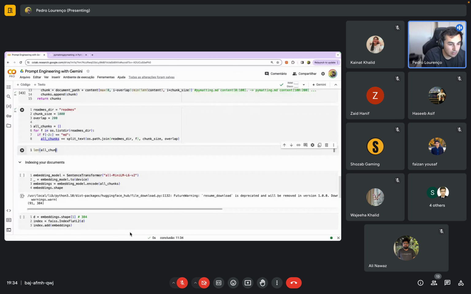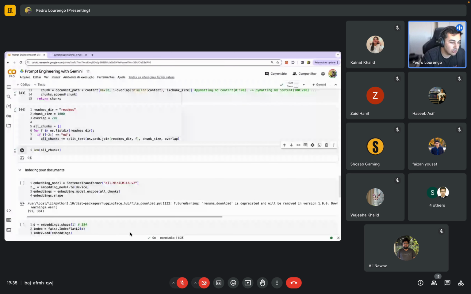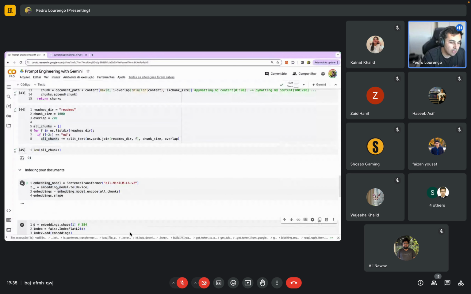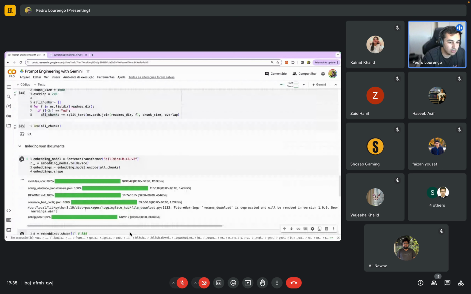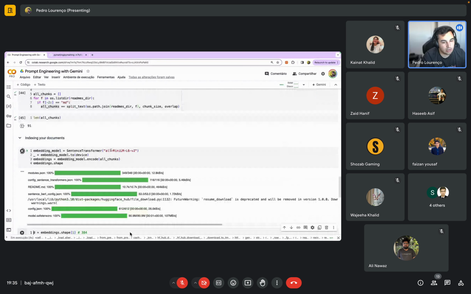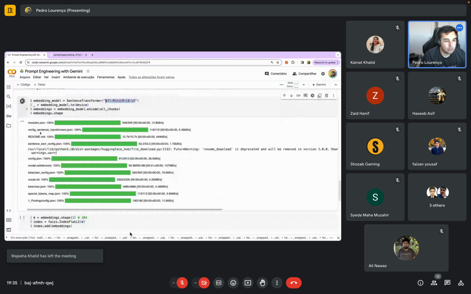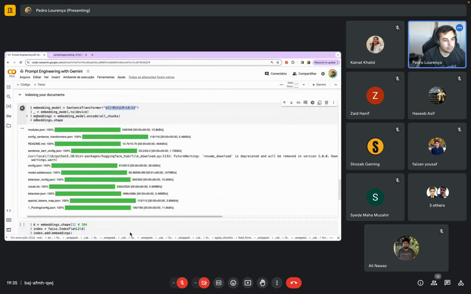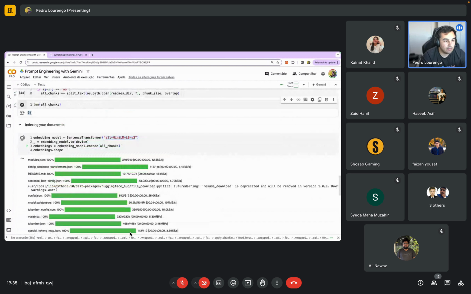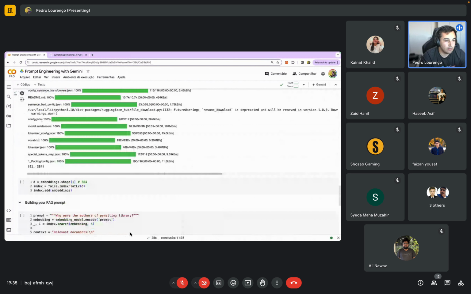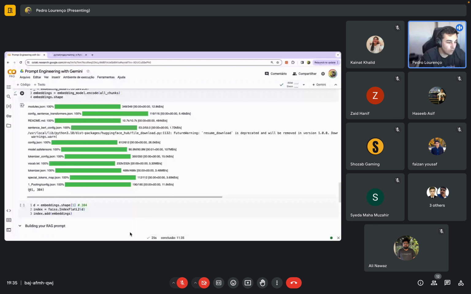So we are using the MiniLM. It's a very, very light encoder. So you can see we are running on CPU and it runs pretty fast. So let's wait. And don't forget, we have 91 documents. So when you look at the shape of the embeddings, we have 91 rows with 384 columns. So this is the dimension of our embedding vector. So all of the 91 documents were embedded.